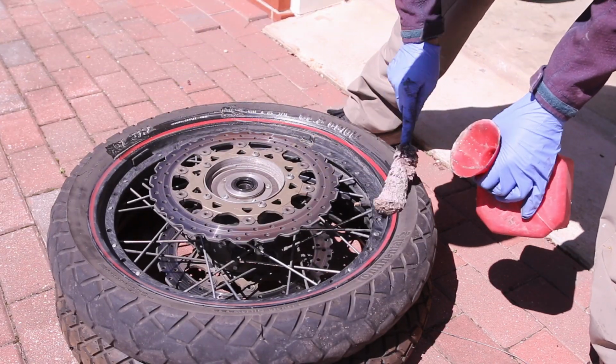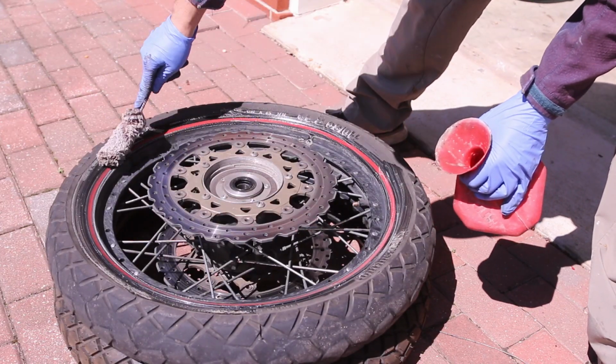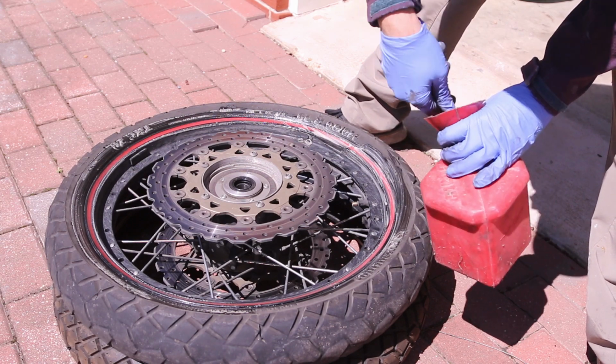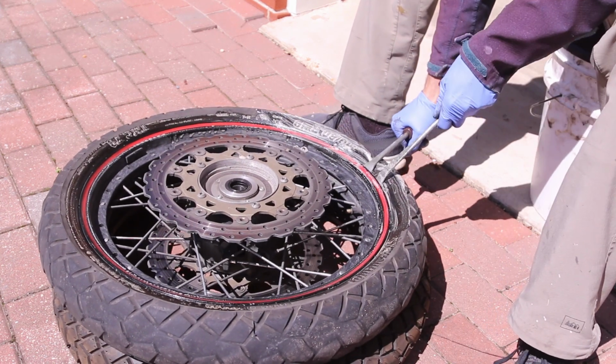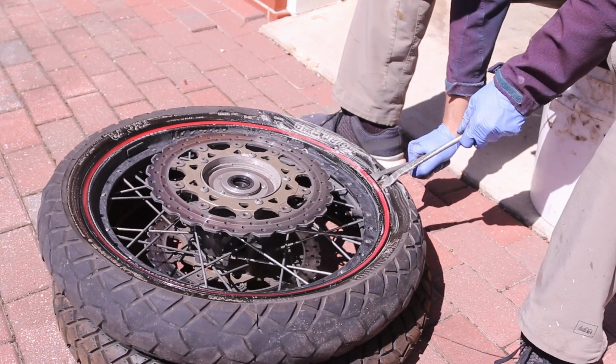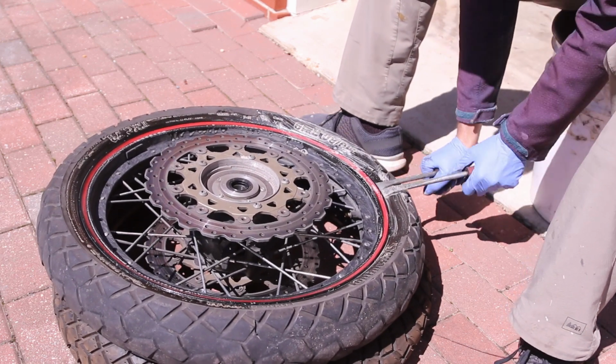You don't need to do this in the beginning, but I like to do it. Just get some soap. And I'll just take another tire lever. I'll just keep doing this. It's a fairly soft tire, so...